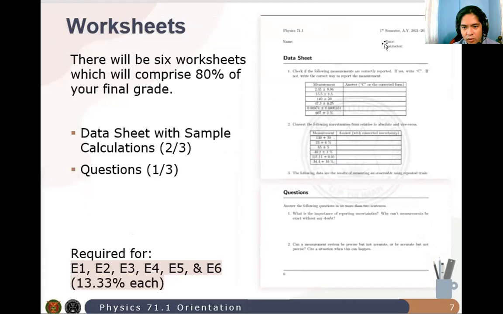This is a sample worksheet. I think this is your first one. So you will be required to answer these questions as per your requirements in this course. The worksheet will comprise 2/3 of a data sheet that you will be using to fill